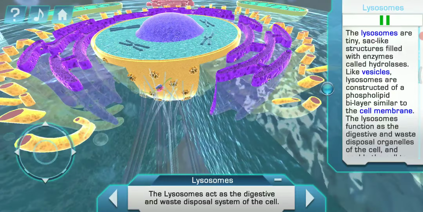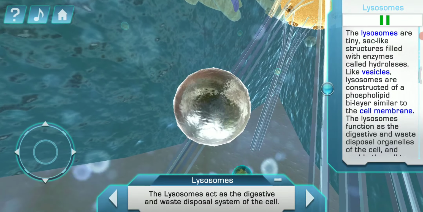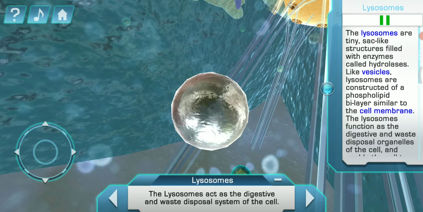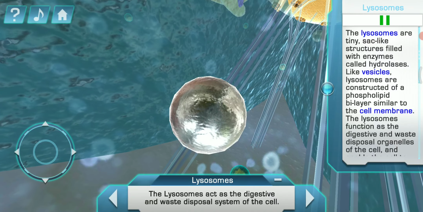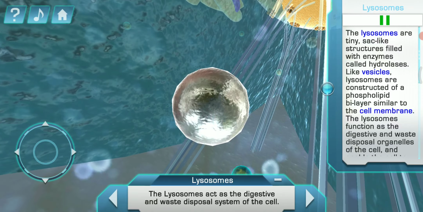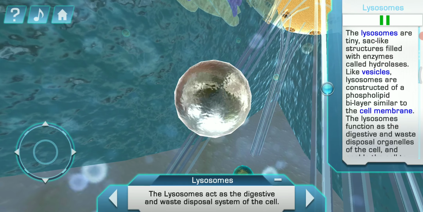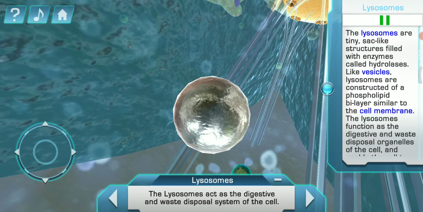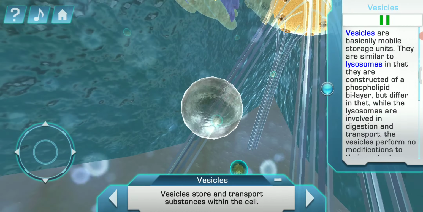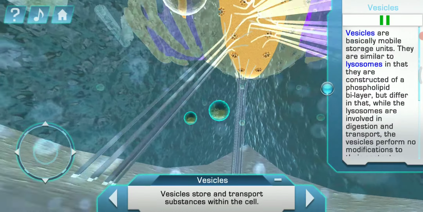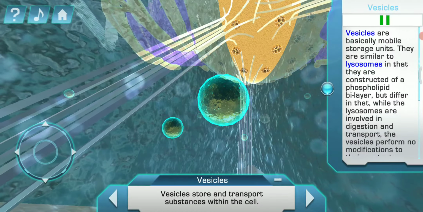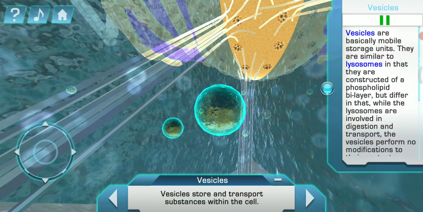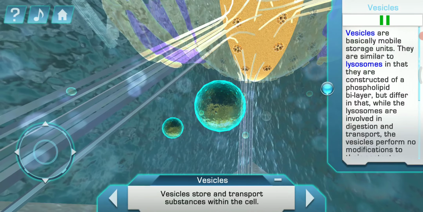The lysosomes are tiny sac-like structures filled with enzymes called hydrolases. Like vesicles, lysosomes are constructed of a phospholipid bilayer similar to the cell membrane. The lysosomes function as the digestive and waste disposal organelles of the cell. And vesicles are basically mobile storage units. They are similar to lysosomes in that they are constructed of a phospholipid bilayer, but differ in that while the